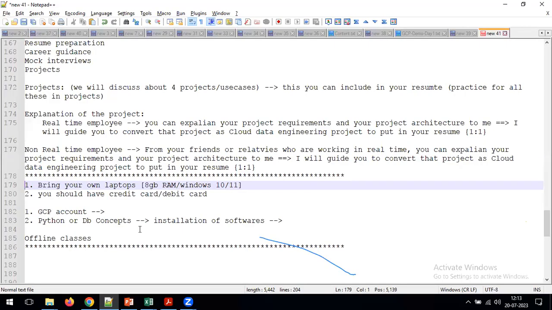Yeah, that depends. For example, if Capgemini is coming for a Mega Drive, Capgemini people have some kind of requirement. They will say we need only BTech people or BSc people or MTech people. So they have such kind of requirement, and based on that requirement only, they filter out the resumes. That is the first thing. Now coming to the second thing, some companies are ready to take non-IT employees also.